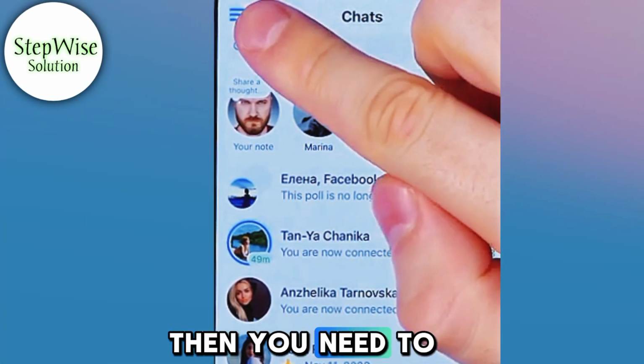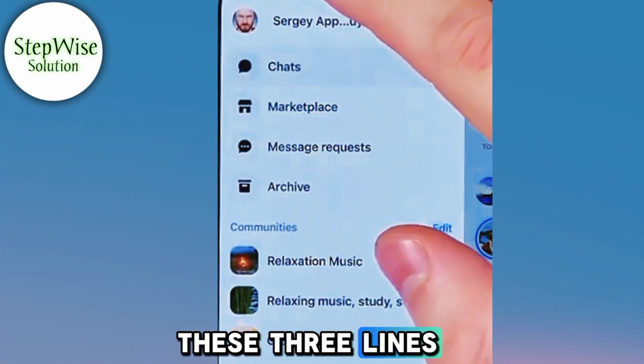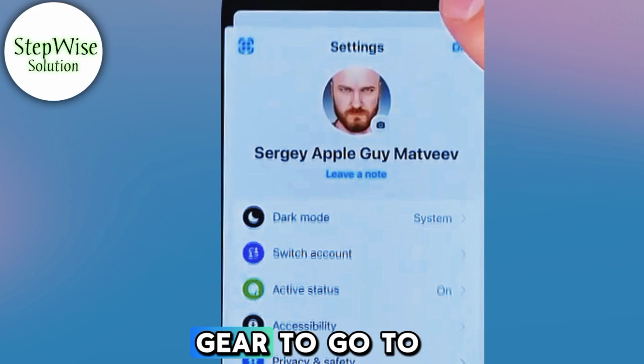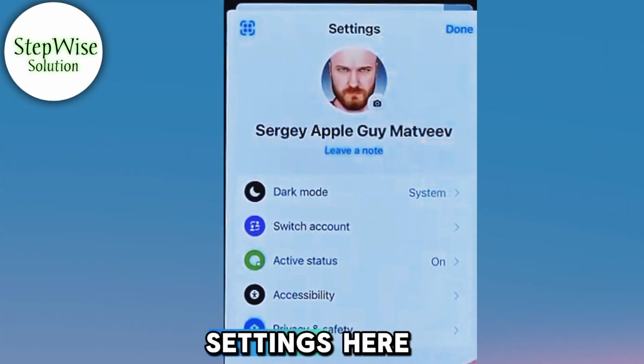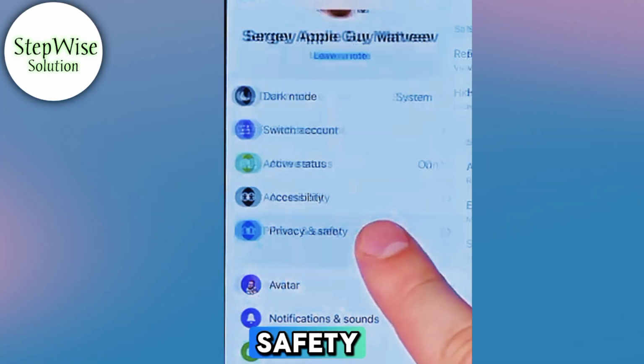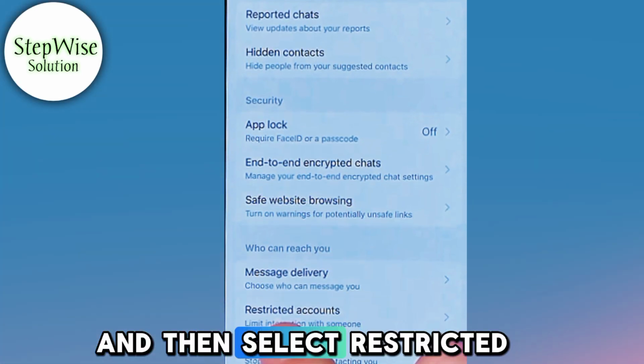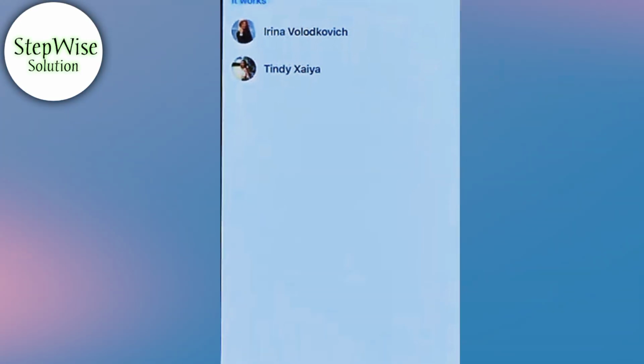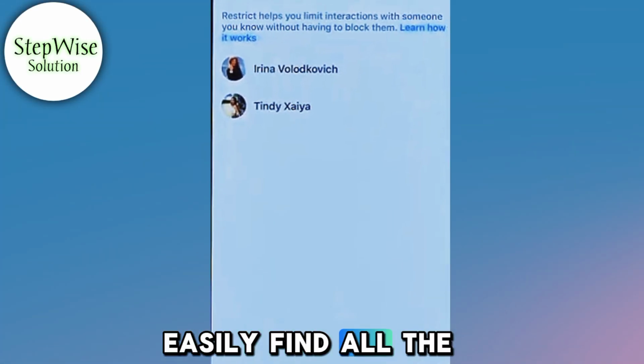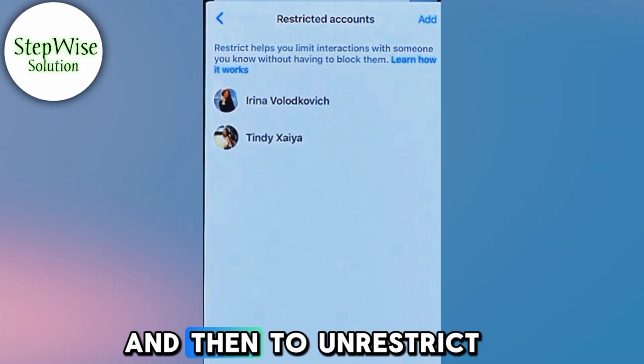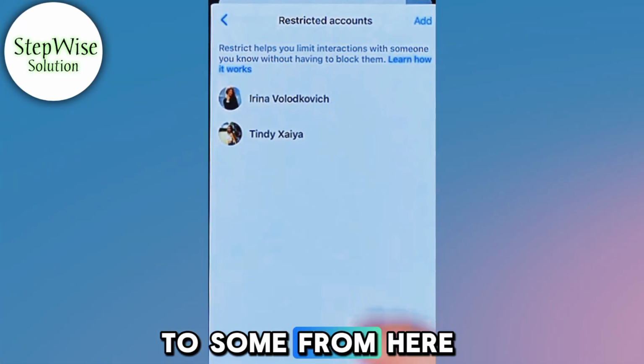If later on you change your mind and you would like to unrestrict some user, then you need to tap right here on these 3 lines. Then tap on that gear to go to settings here. Tap on Privacy and Safety, and then select Restricted Accounts. That's where you can easily find all your restricted users, and then to unrestrict someone from here,